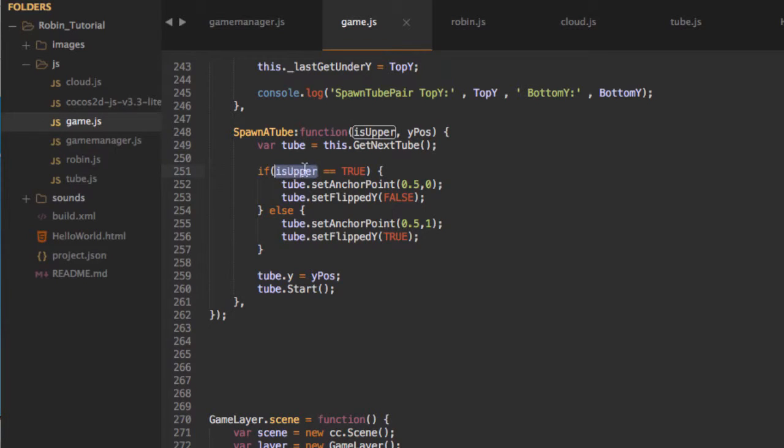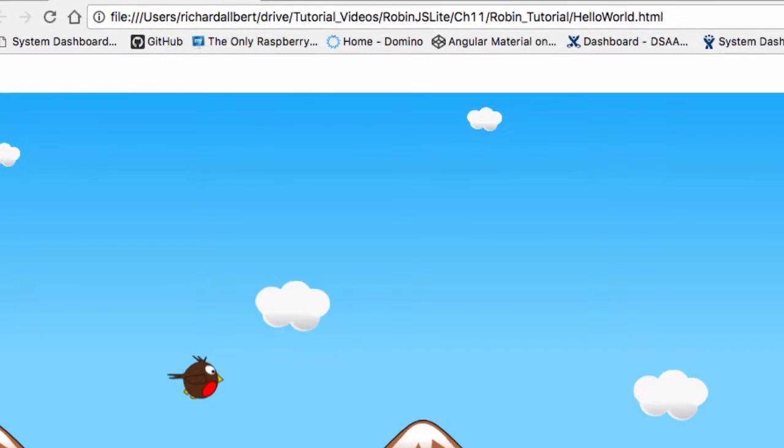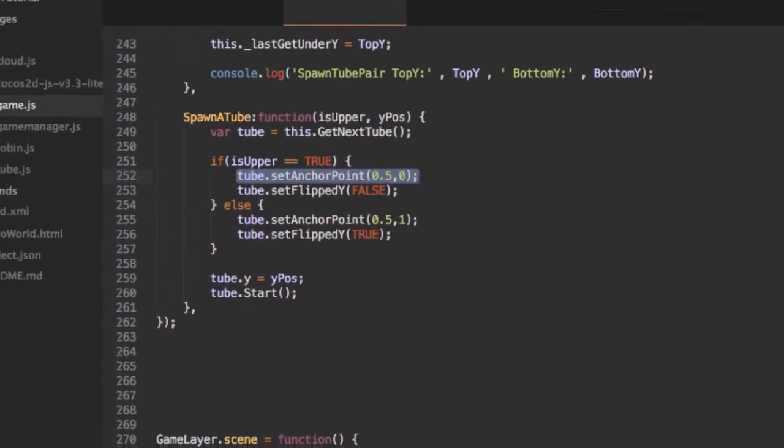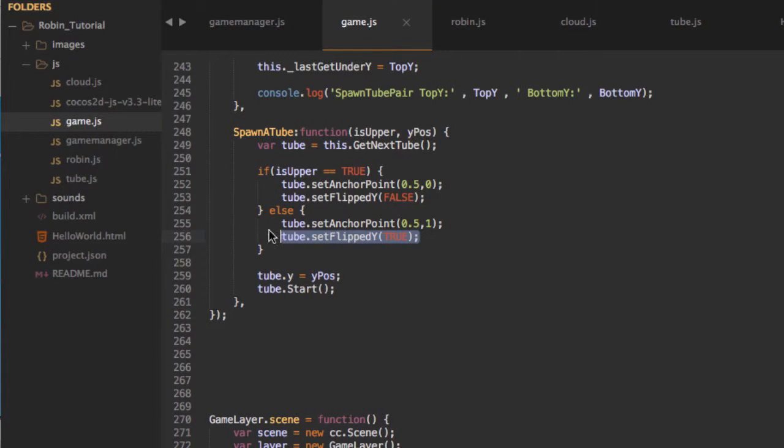And then we will need to know if it's an upper type, set the anchor point at 0 for the y, which means, whoops, wrong app. Here we want the y position to be based at the 0 here. Or we want to set the anchor point at 1 in this case here. Then we need to flip the y depending on whether it's an upper or a lower, so we've got the right y position for the right end of the tube. And then we're ready to set the tube's y and call the start function on the tube for its scrolling